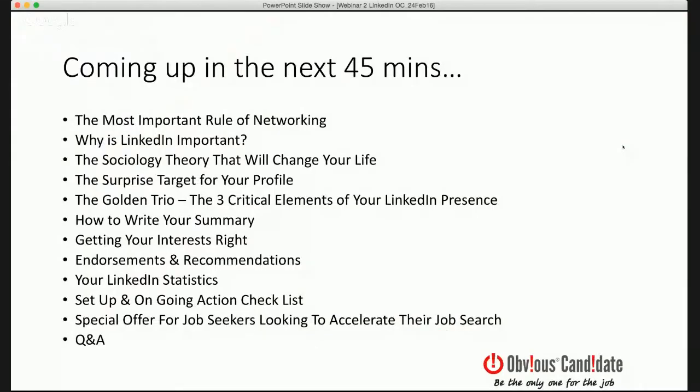What I'm going to do in the next 45 minutes is cover the most important rule of networking. We're going to look at why LinkedIn is so important. I've got a bit of sociology theory for you, which I think is very important. I'm going to then give you the surprise news about the target that you should be writing your profile for. I'm going to tell you about the golden trio. That's the 3 critical elements of your LinkedIn presence that you really must get right, and how to do that,